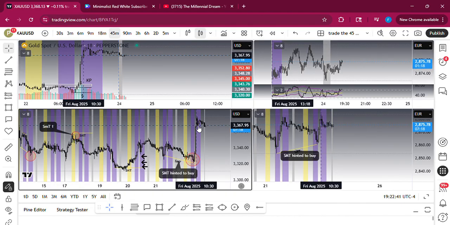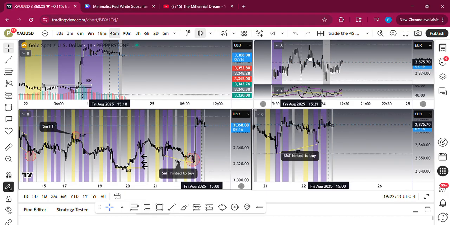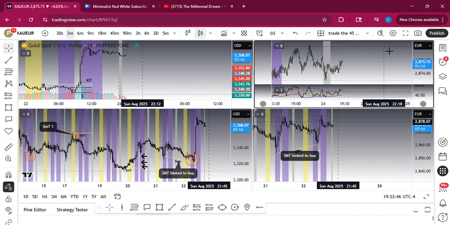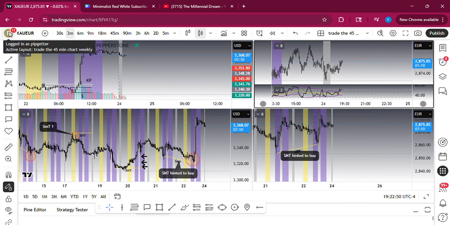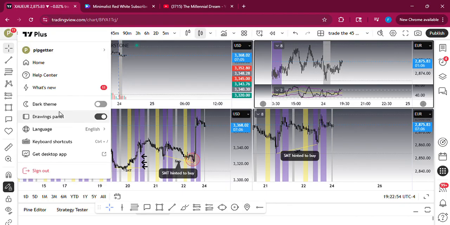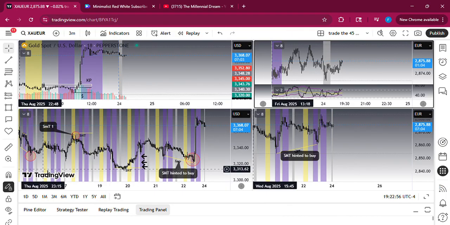Let's first start with how to open TradingView. So I already have a chart open. So let me go ahead here and just close out some of this. I'm going to go ahead and sign out. So like I said, I already have a chart and my settings are already here, but the first thing you're going to do is